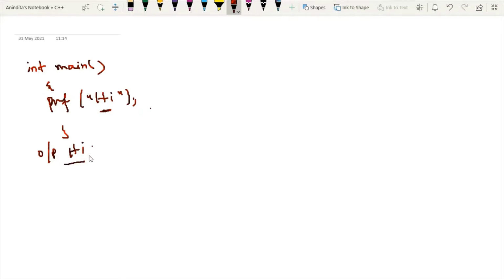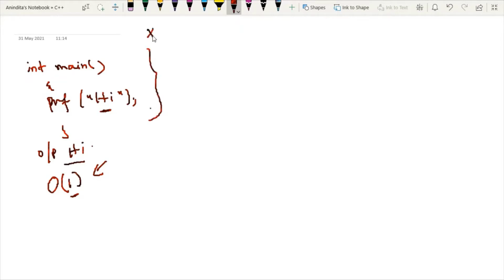So the time complexity is constant. We can say that here the time complexity is order of 1. That is, every time a constant amount of time is required to execute the code, no matter which operating system or machine it is running on.